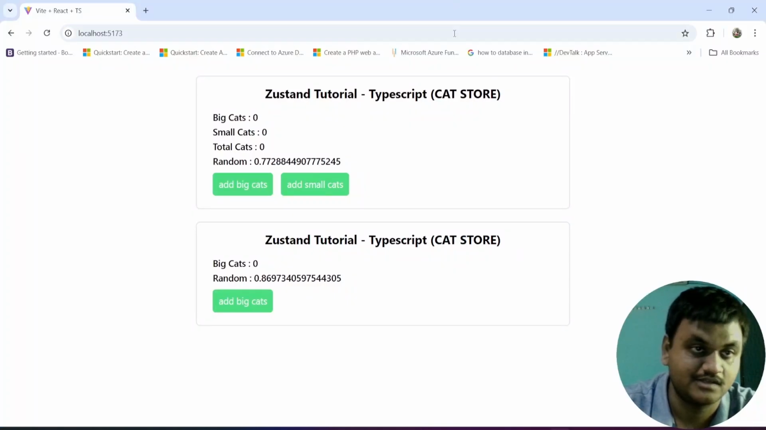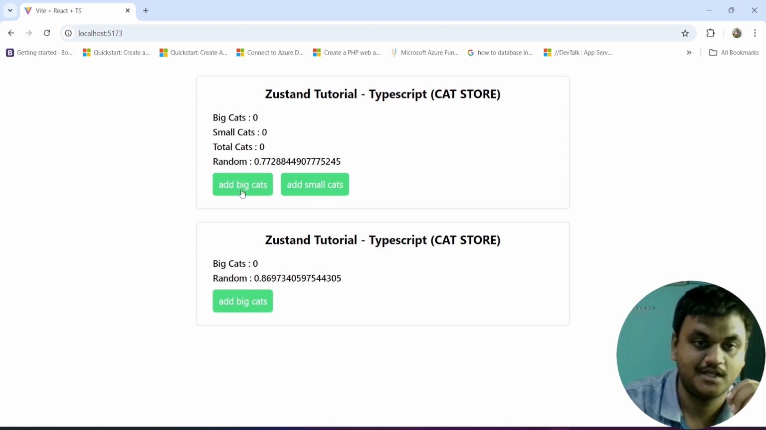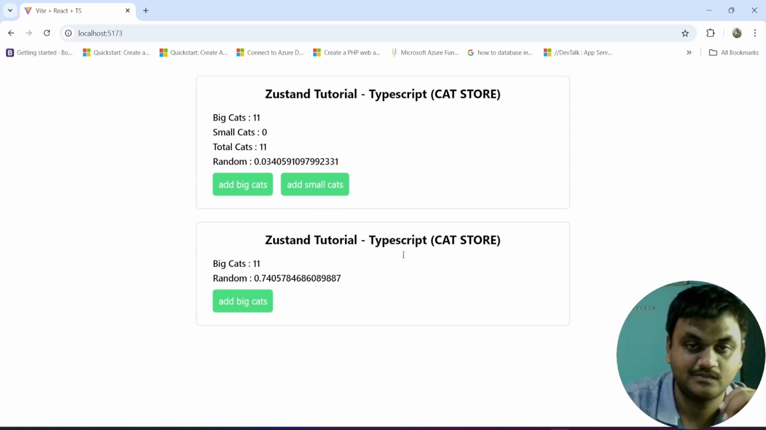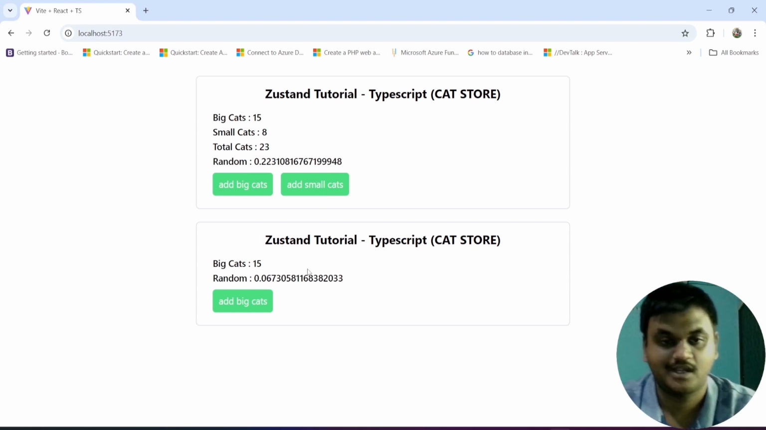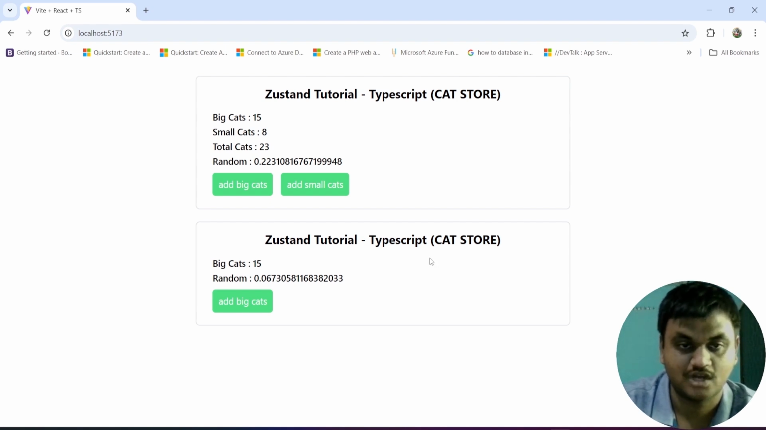Once again refresh the web page and click on add big cats. Add big cats, and due to this both the components are rendering. If you click on this, see 15. If you click on this, see only this component is rendering. The second component is not rendering. We have stopped, to some extent, the unnecessary re-rendering of the components. In this class, we are